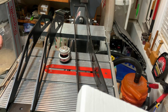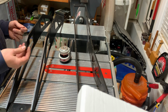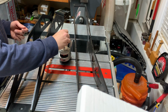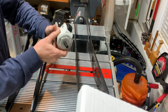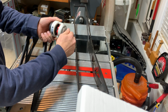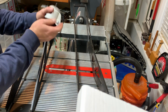After looking at this for a little bit, I realized that without any instructions, there's really a few things that you need to know. One is that these nuts need to insert into the caster, and they need to thread all the way in. So just thread it as far as you can. Hand tight's fine, you'll see it spin a little bit, right? So once you get it that far, then you can actually insert it